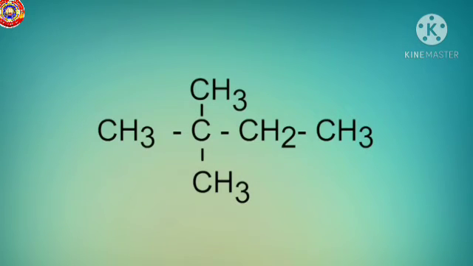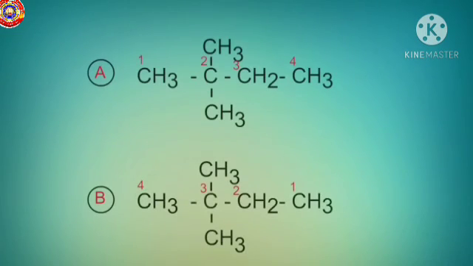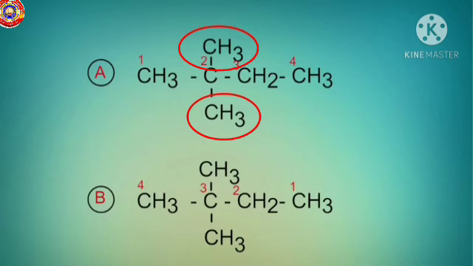See the structural formula. Here the 2 methyl radicals come on the same carbon atom as branches. Now observe the numbering done in 2 ways. In which structure does the carbon carrying the branch get the least position number? In structure A, right? The position number of the carbon atom is 2. Hence, the IUPAC name of the compound is 2,2-dimethyl butane. Got it? Here, the position number of carbon is repeated as it has two identical branches.